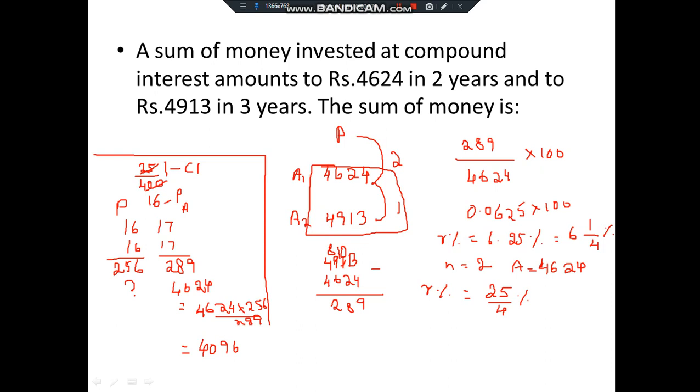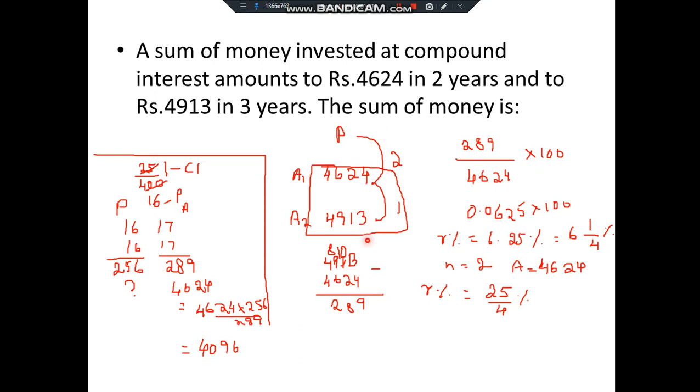So consider amount 1 and amount 2. Just assume amount 1 to be principal. So within 1 year 4624 has become 4913. How has that value come? Just think, 4624 plus some value of interest added to it will give you a value of 4913, right? Some interest is added to 4624. That is why you get next year as 4913. So when you subtract 4913 and 4624, you will get the interest, right? Using that interest we can find the rate percentage, right? Yes, we'll do that. I hope you understood the concept.